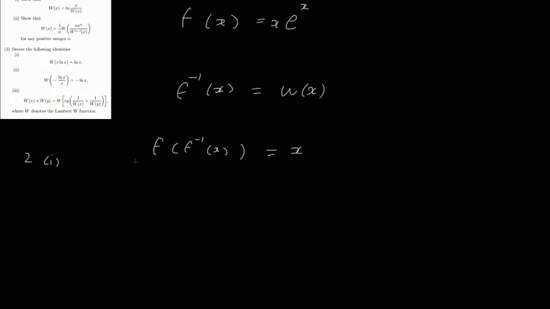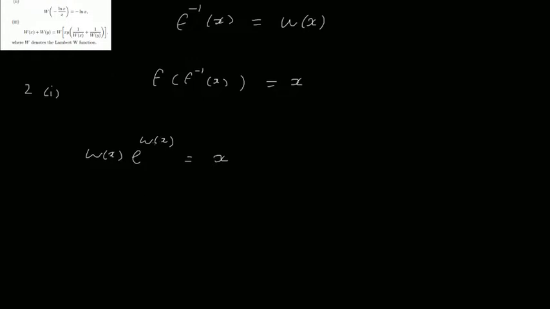So the first problem, you just know the inverse of the inverse of a function is just the function. So W of x times e to the W of x should give us our argument back, which is x. You just rearrange for the argument of the exponential. So this implies that e to the W of x equals x over W of x. Well, of course, W of x is non-zero in this case,